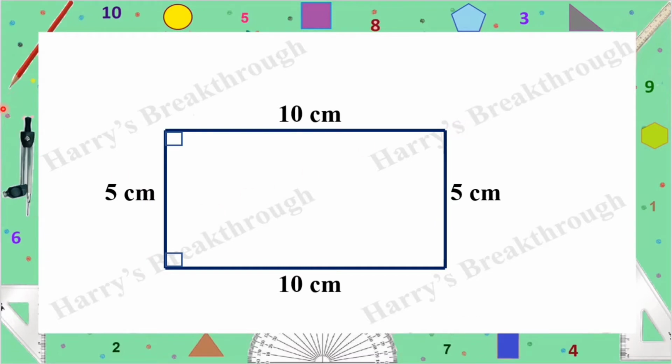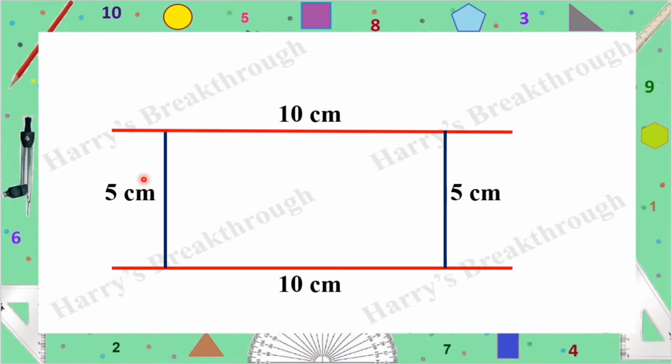So this is what we studied in the last class, that is, perpendiculars to a perpendicular of a line are parallel. That is, if we draw a perpendicular to a line, and then again draw another perpendicular, then these two horizontal lines will be parallel. So the opposite sides of a rectangle are parallel.